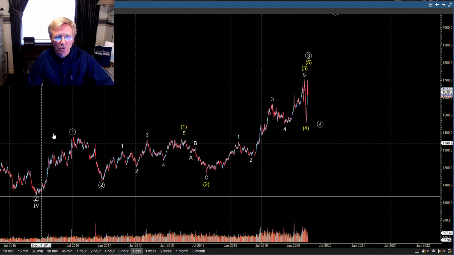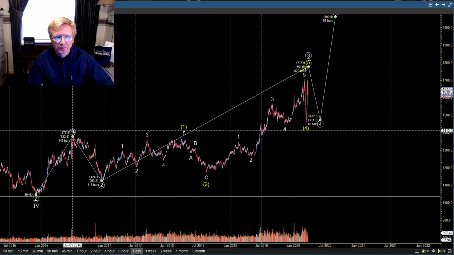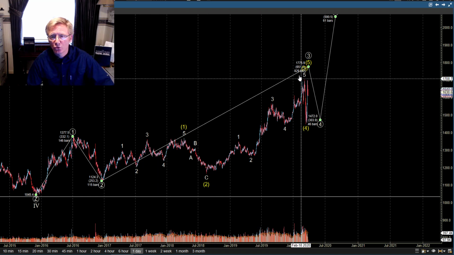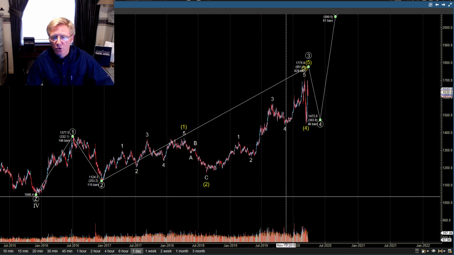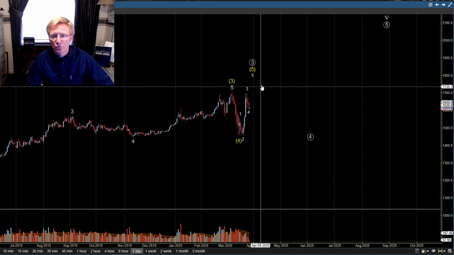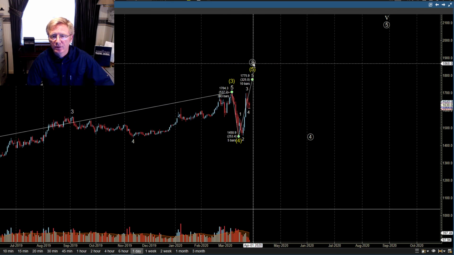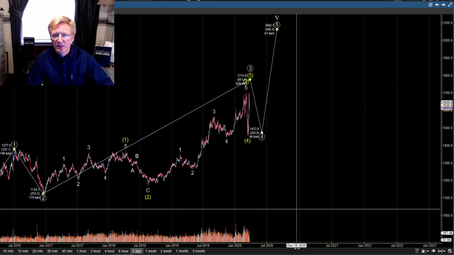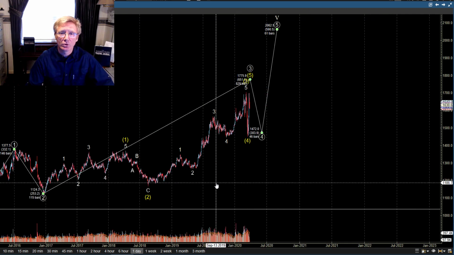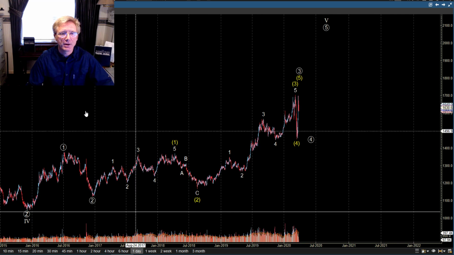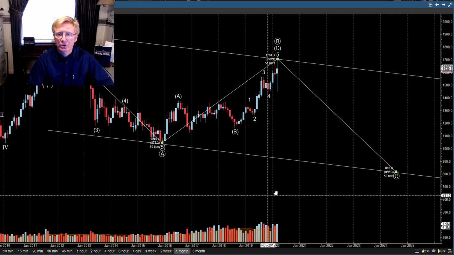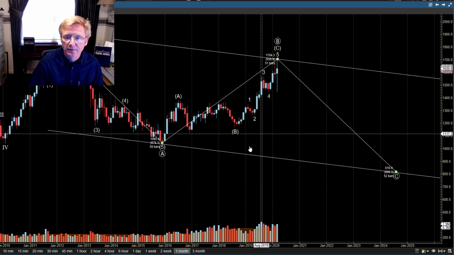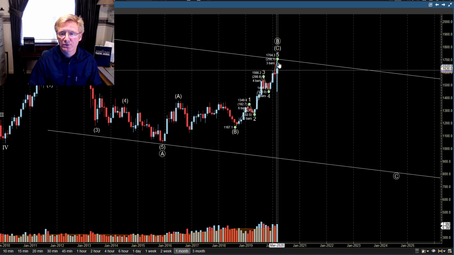So this is from the low, wave 1, 2, then we have this minor wave 1, 2, 3, 4, and we're looking for 5 of 3 and even higher. So this bullish count is very bullish. And the bearish count, if this bearish count is correct, then we may have reached our high. You see these waves here, 1, 2, 3, 4, 5.